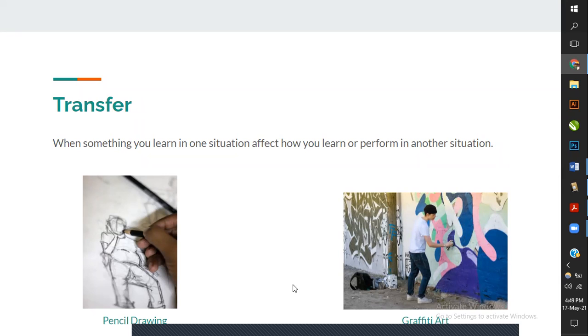You may need to transfer, for example, how bold a line is. That may transfer into knowledge of how much time the spray can stays on the wall, or maybe the theory of colors would help you in the graffiti art. So transfer entails that the skill you already know would help you to learn a new skill.